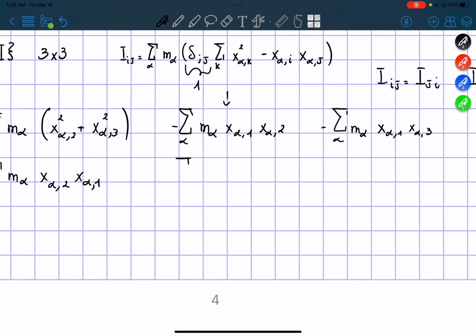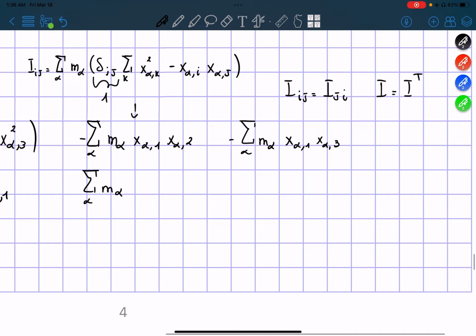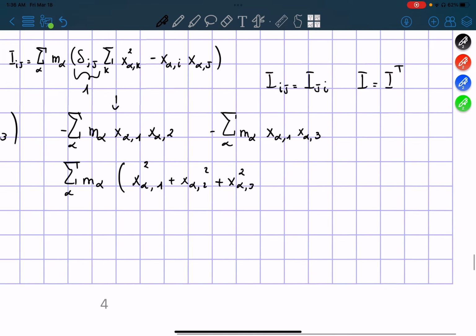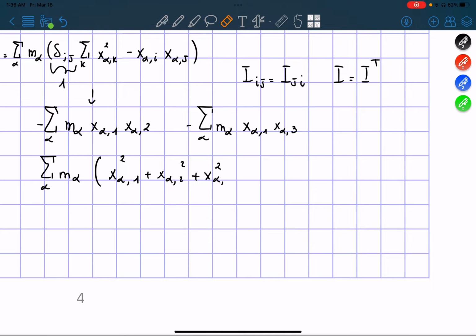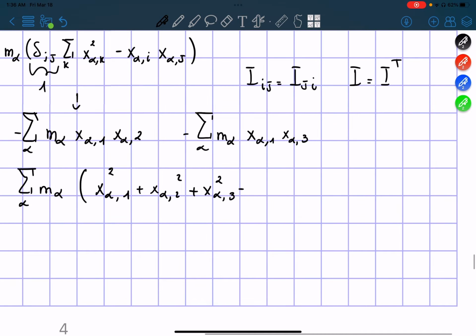So we're going to get the summation of our masses alpha, and then we're going to get x alpha 1 squared plus x alpha 2 squared plus x alpha 3 squared, right there, minus, then our I and J equal to 2 and 2, so we're going to write it as x alpha 2 squared, so these two cancel out, and that means that we get